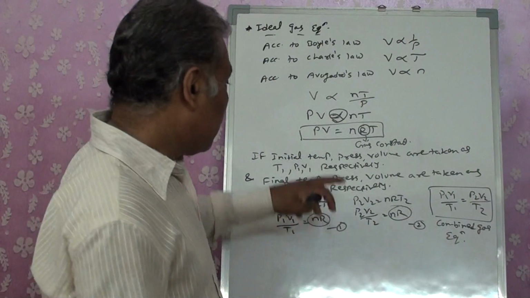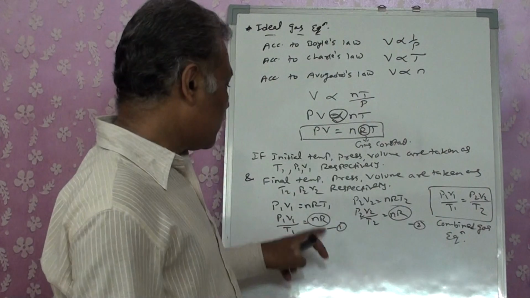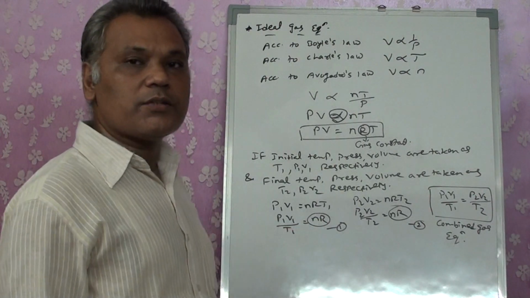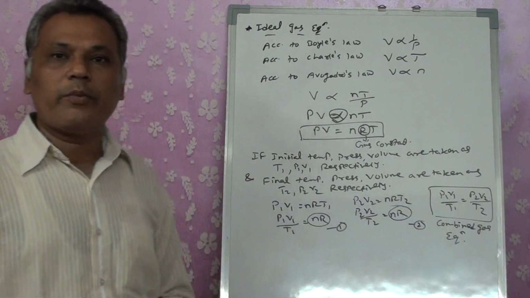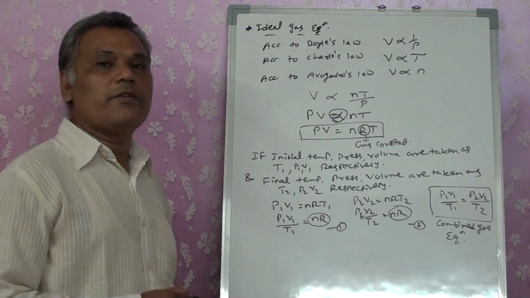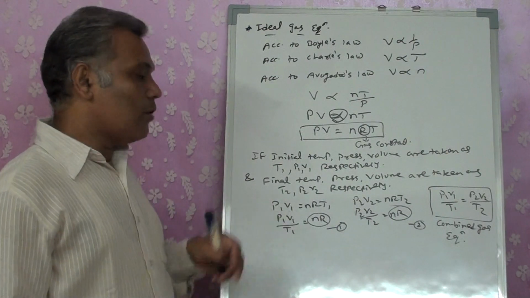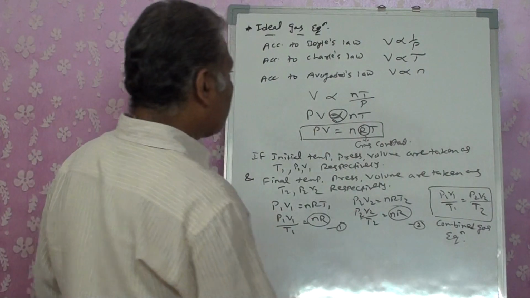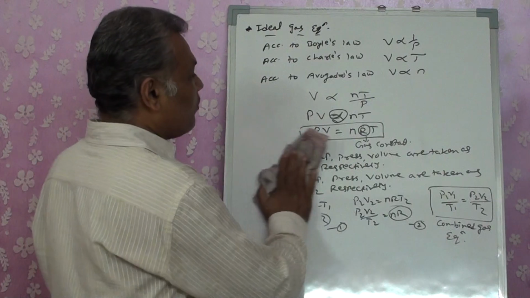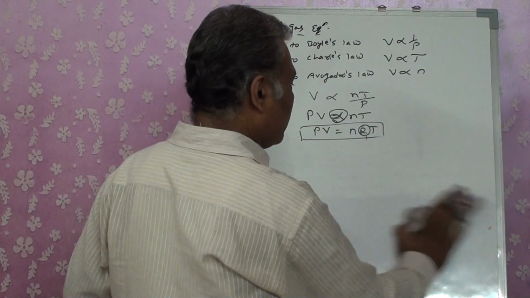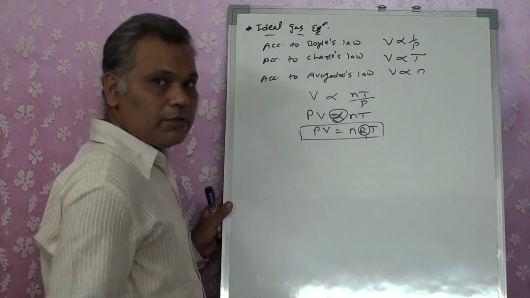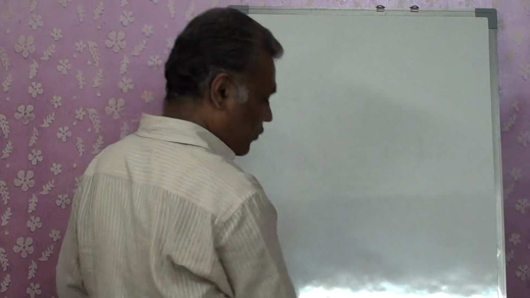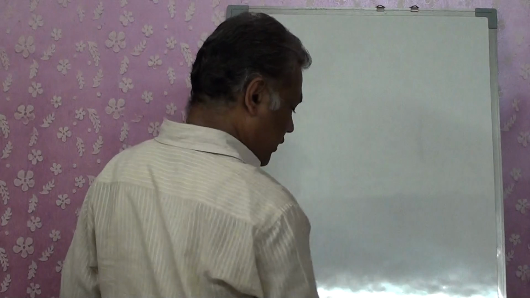Okay, but at the same time we got the gas constant R. Here the number of moles is fixed, but R is a gas constant. Can it be a variable from gas to gas? No. Again its value is constant. Then how do we get the value of that gas constant R? The value of gas constant R can be derived from the ideal gas equation itself, because we already know what the standard temperature, pressure, volumes are under the standard conditions.